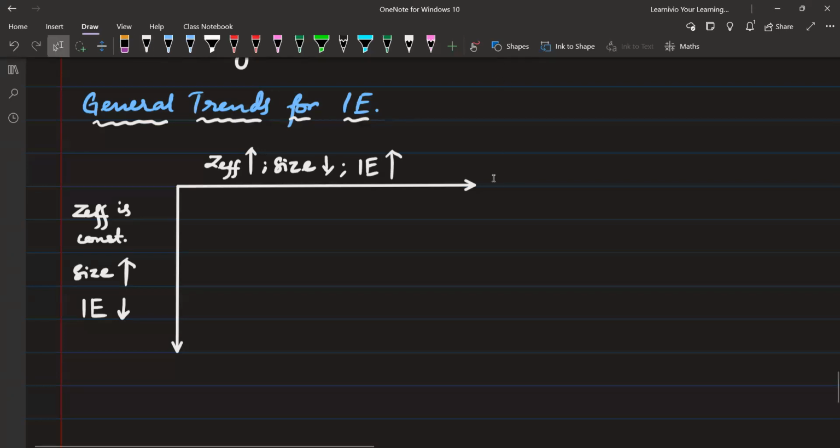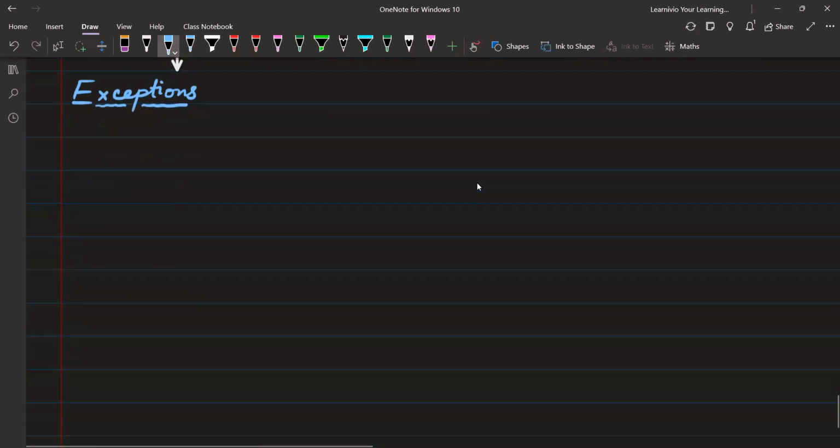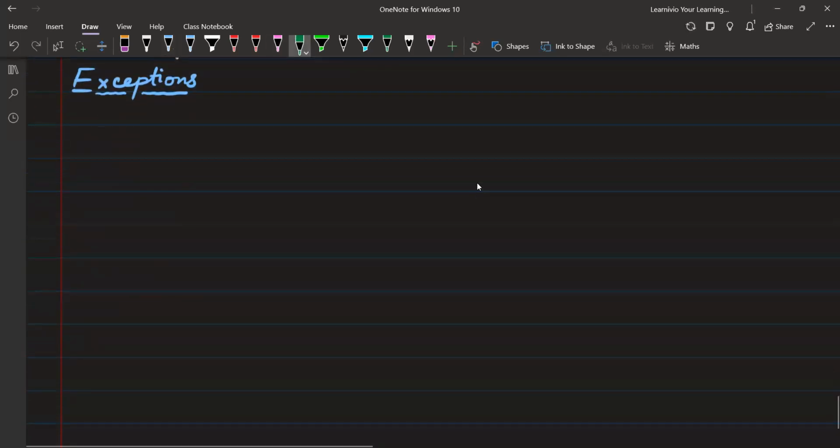Now we are going to see some irregularities, the exceptions. I hope you are done writing. Write the first exception: ionization enthalpy of